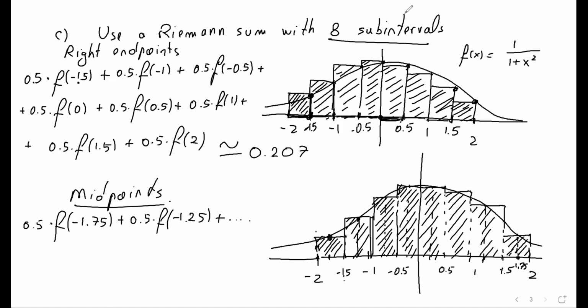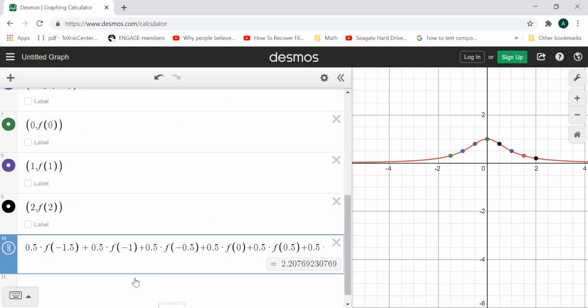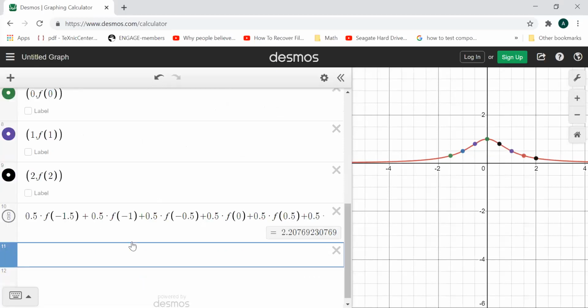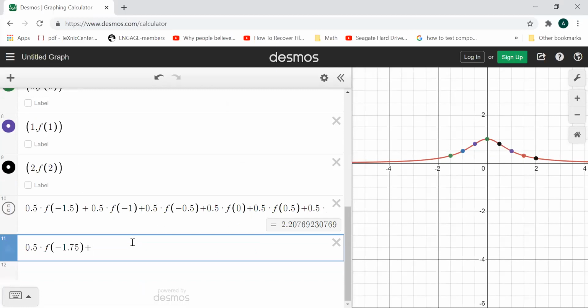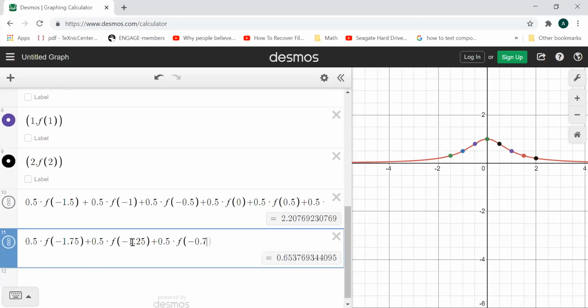I'm going to calculate those directly with Desmos, folks, because the calculations are unforgiving if I try by hand. So I'm going to say 0.5 times, and the first one is going to be f of negative 1.75, plus, and again 0.5 times f of negative 1.25 plus 0.5 times f of negative 0.75